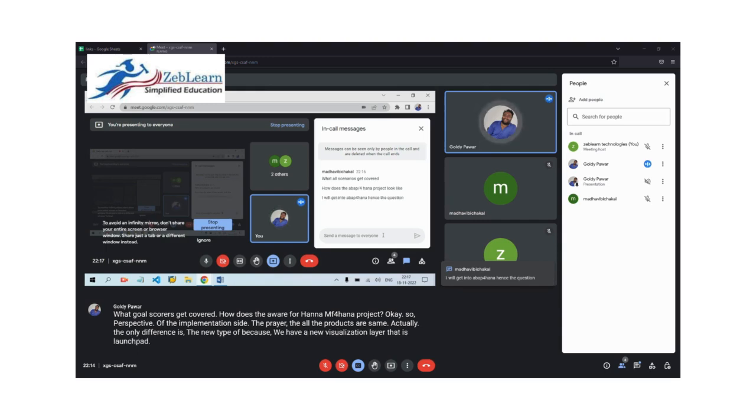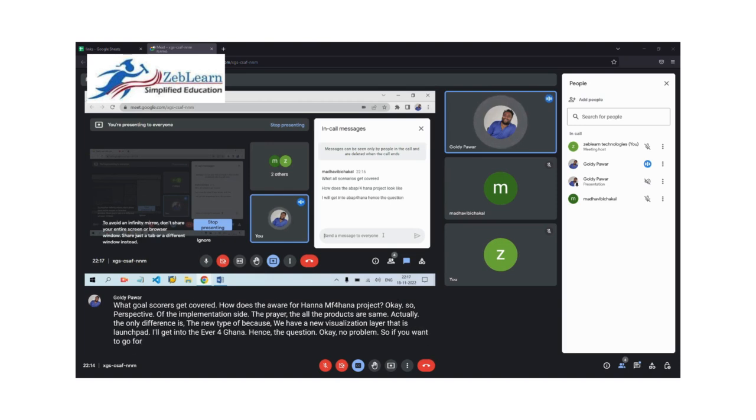I'll get into ABAP for HANA, hence the question. Okay, no problem. If you want to go for ABAP for HANA, you need to start from the latest syntax, that is ABAP 7.5, which is the latest version of the syntax. Then you have to go for CDS views. Then you have to go for OData